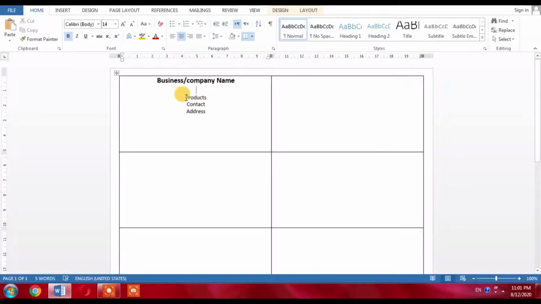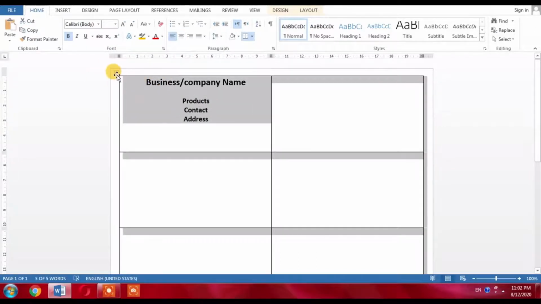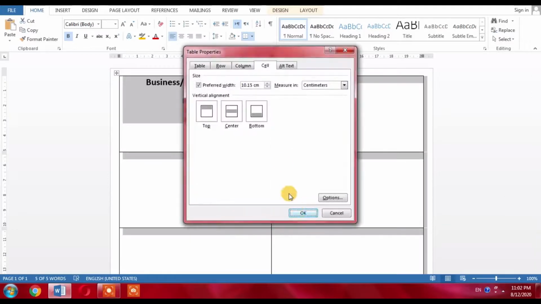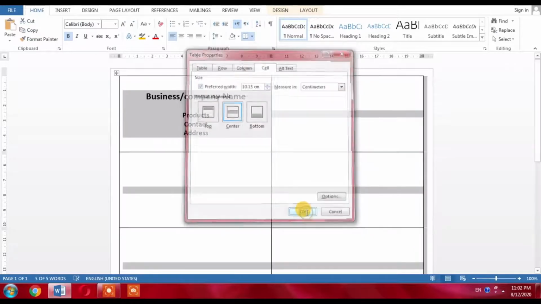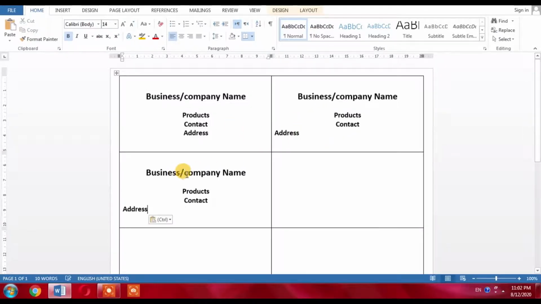From here click next, and make it bold and increase its size to 12, and here increase its size to 18. Similarly increase its size to 24. Now again select it, click properties, and then from here in the cell you will have to select center, and now you can see that the text has been placed in the center of the cell. Control C, copy it, then paste in all the cells.